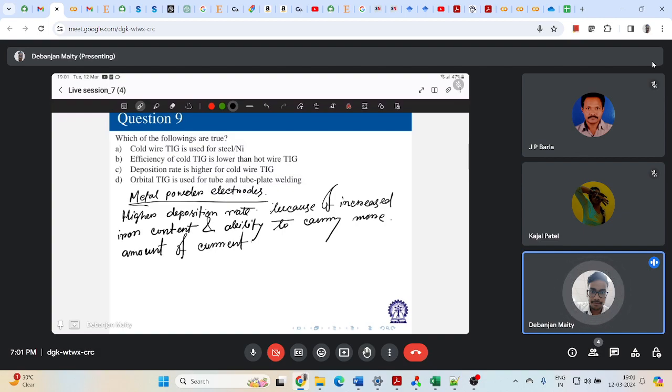My electrode covering provides a gaseous shell to protect my molten metal. What else? It also provides deoxidizers and fluxing agents to deoxidize and clean your weld metal, right? The solid slag which is formed also protects the already